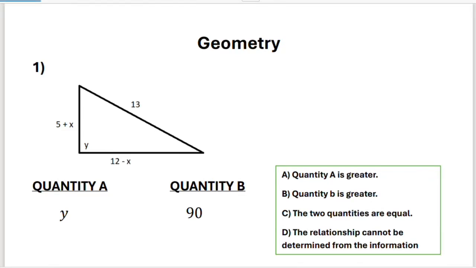Today we're going to solve as many problems as we can from recent past questions on GRE. So for this particular question, let's recall the Pythagoras theorem,